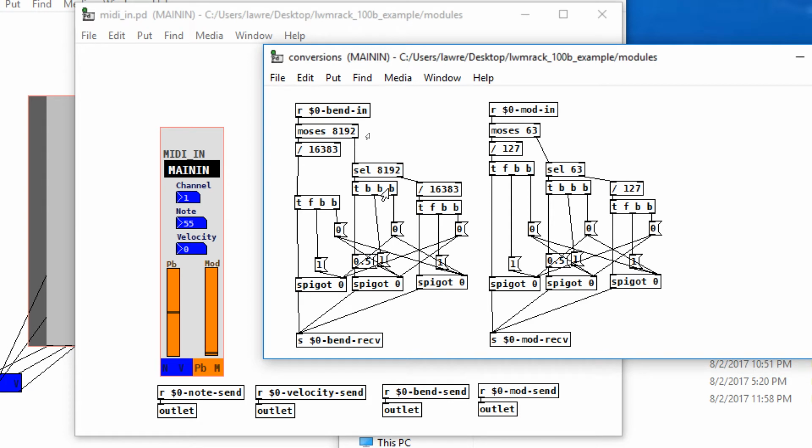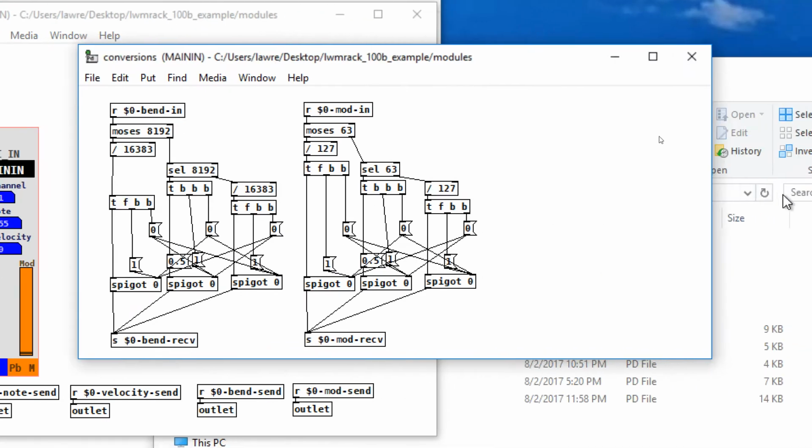If it's not 8,192, whether it's above or below it, it doesn't matter. It still gets divided by 16,383, and that number can come out. So I could have simplified this, and in fact I probably will for the next release. That'll be one of the changes, is just to simplify it, and less functions for PD to perform, and so that way